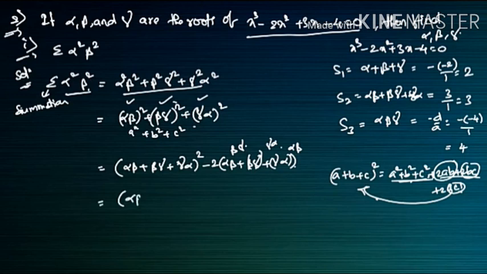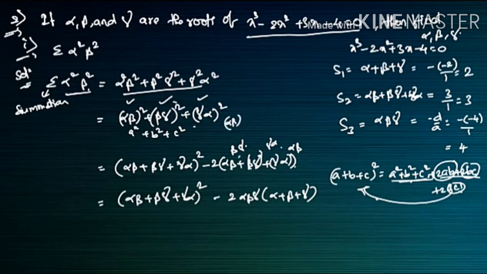So we can write it as (alpha beta + beta gamma + gamma alpha)² minus 2 into, we will take alpha beta gamma common from everything, so it will become alpha plus beta plus gamma. So if we multiply this after multiplying alpha beta, beta gamma like this, from this, 2 into alpha beta gamma will be common and will remain here.